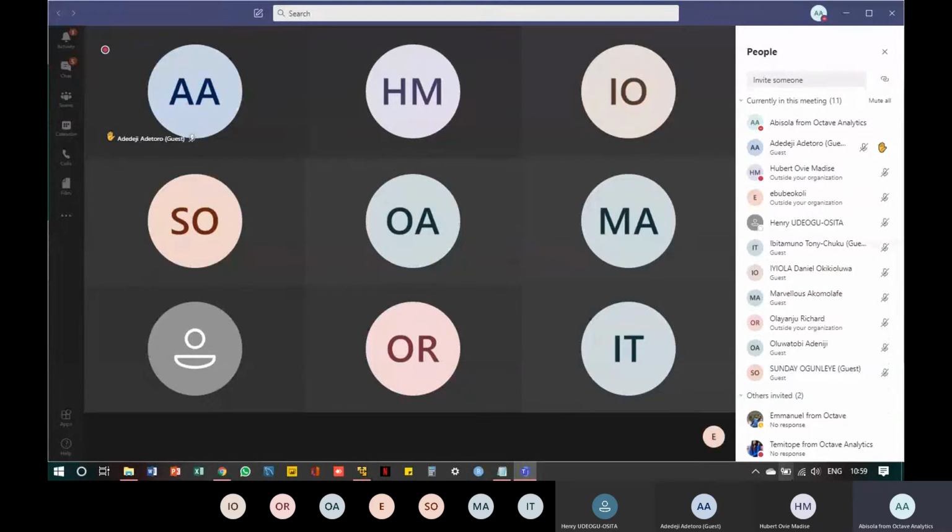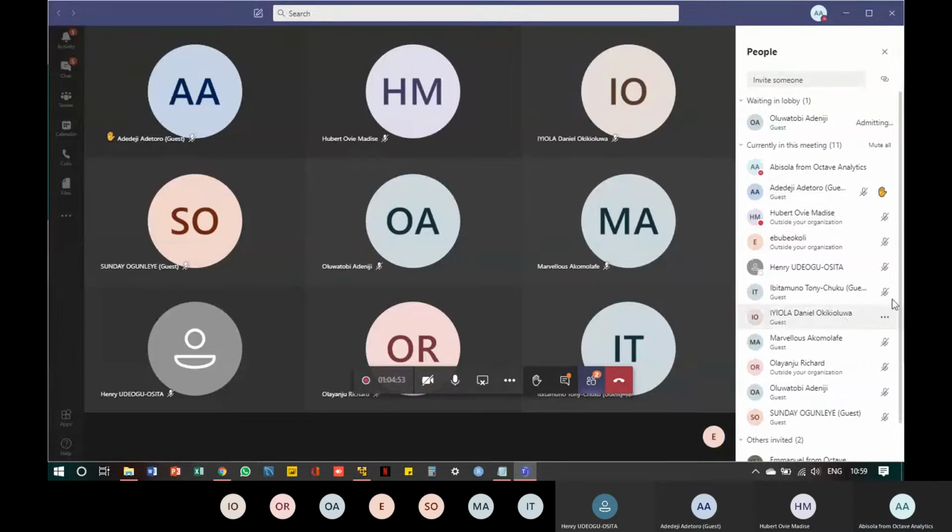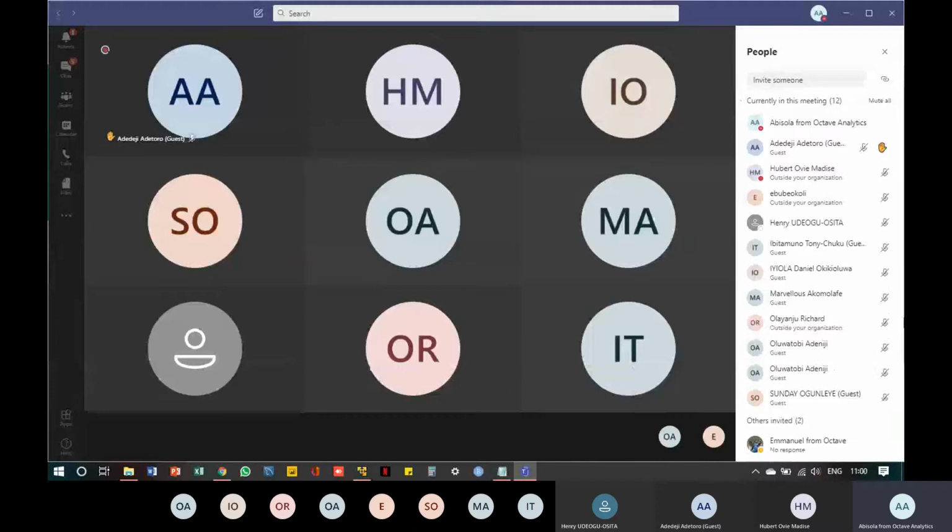But they are huge systems, and they are not flexible because they are so huge.